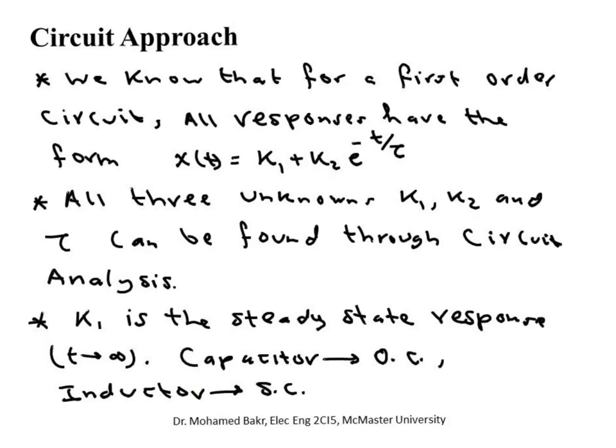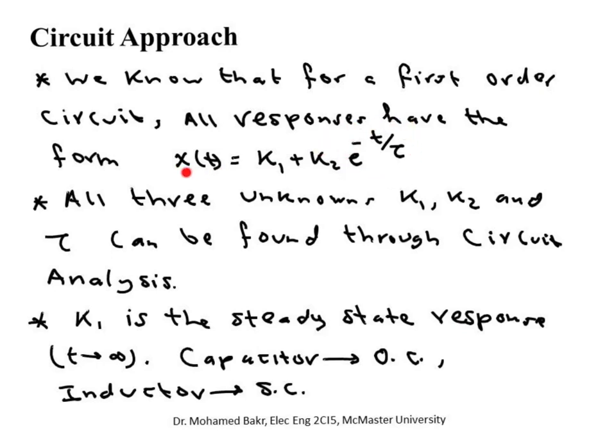So, as I explained in the previous slide, all the solutions are given by K1 plus K2 e to the minus t over tau, and the only differences are K1, K2, and tau. We have here 3 unknowns, these 2 constants and this time constant. Well, if you take the steady state response, so when t goes to infinity, this term becomes 0, and this x